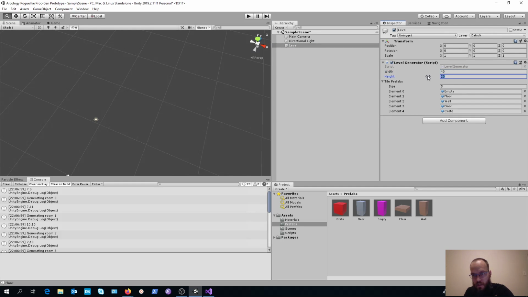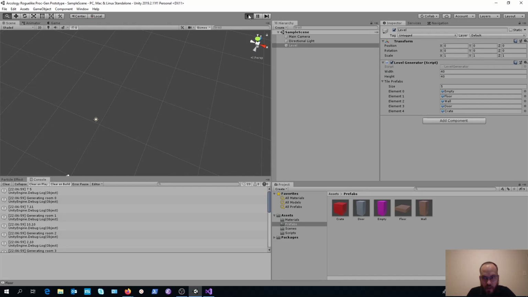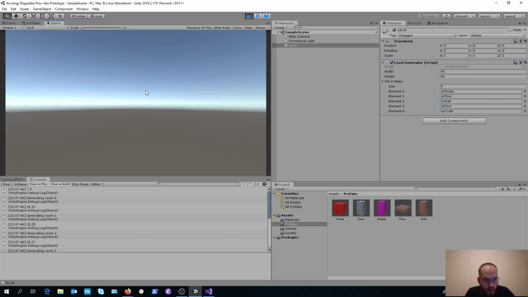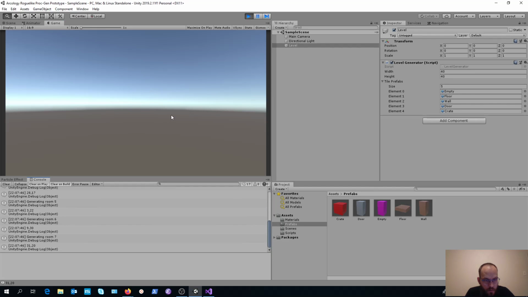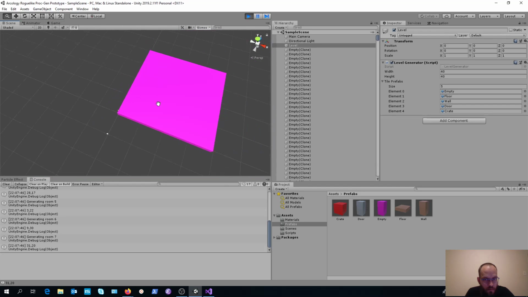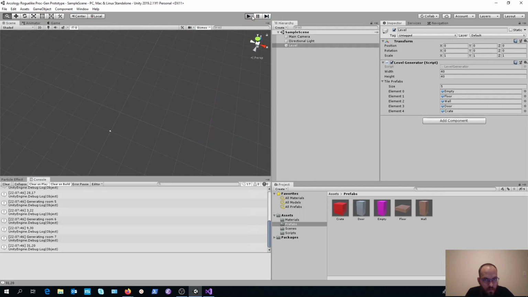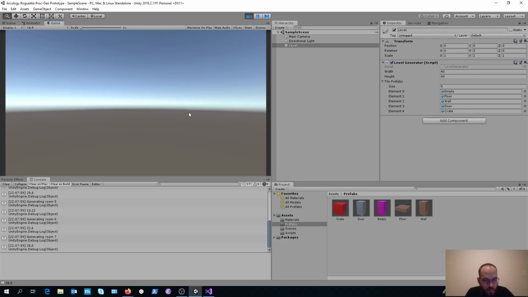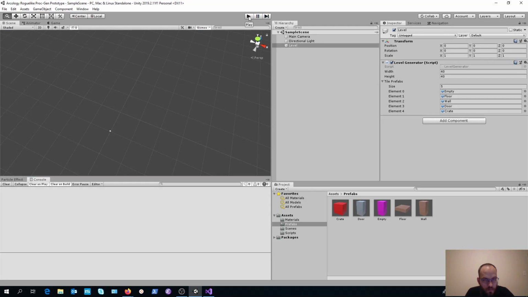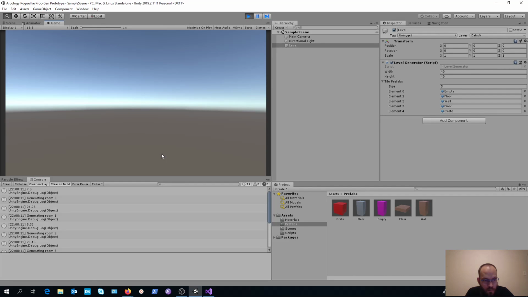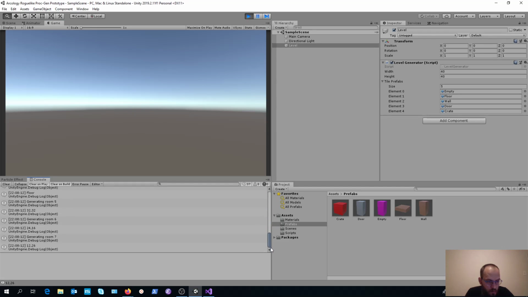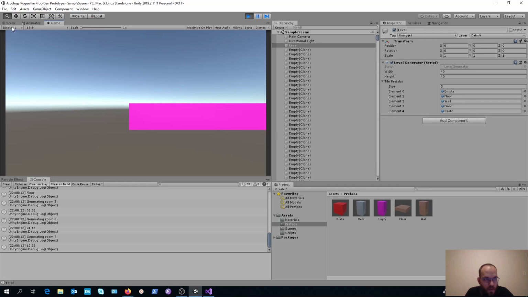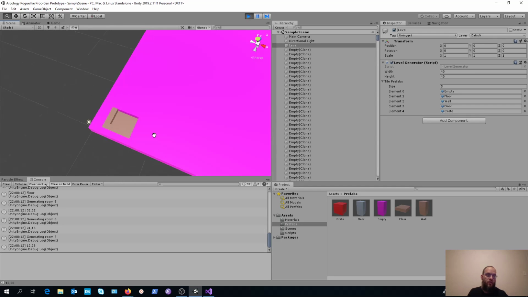Let's up the size a bit because they are generating on top of each other. Generating one room at least. Parts of one.